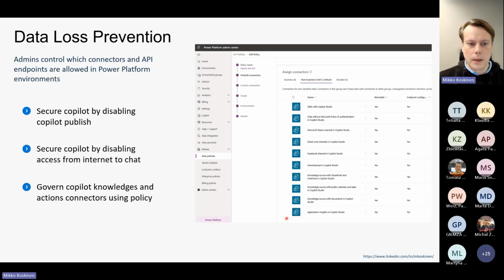These settings also will affect on the agent, but these settings in general are meant for the custom engine agent capabilities. For me, I think the most important things to discuss and plan are the settings for the Entra ID authentication, and then the Direct Line and Facebook type of channels. What I'm normally doing is that I'm actually blocking these chatting without Entra ID, Facebook, and omni-channel possibilities, especially from the default environment, because that way no one is able to create an agent where the end user doesn't